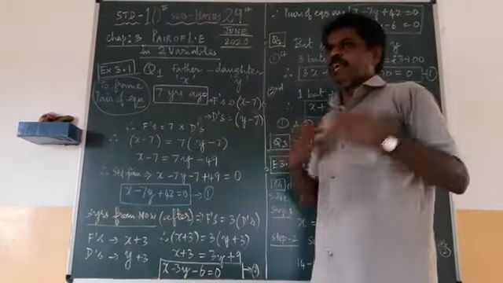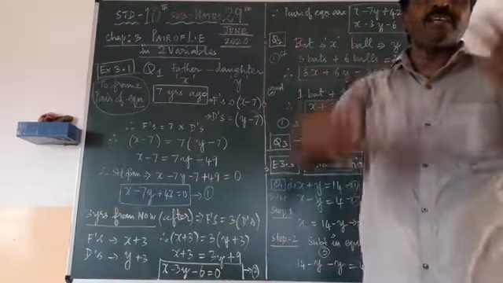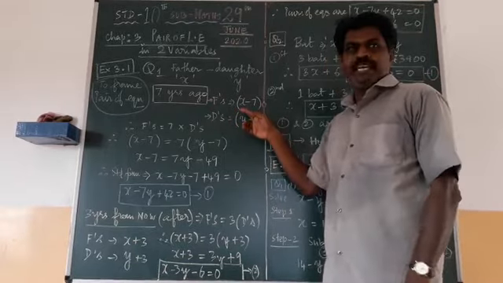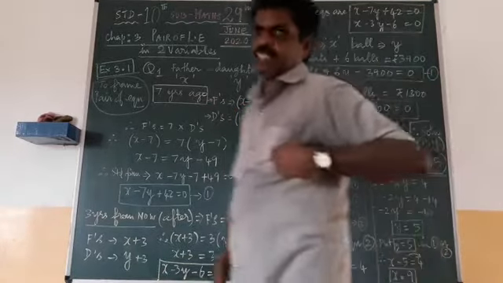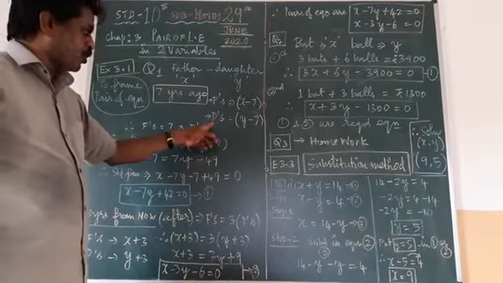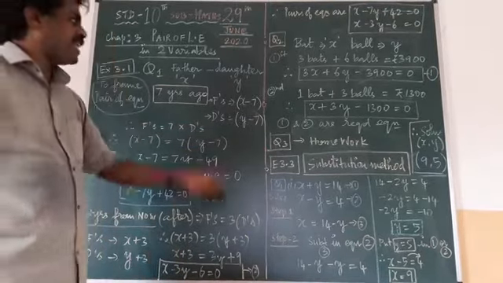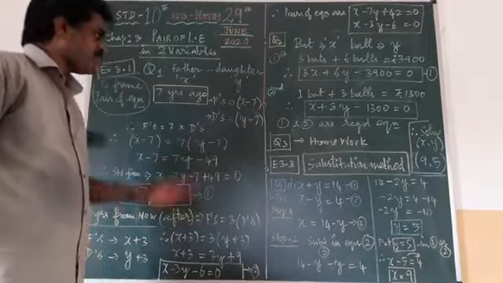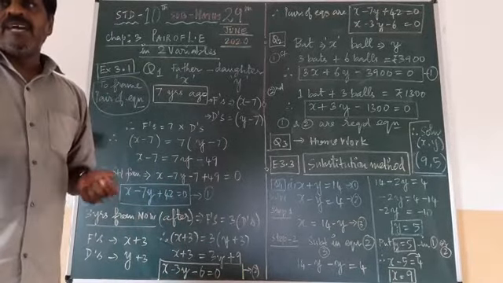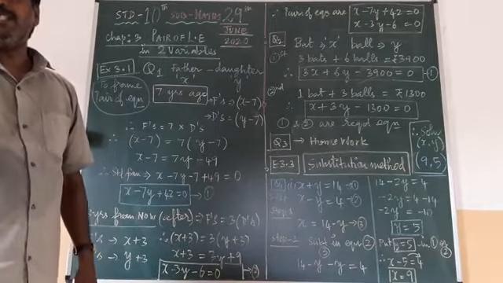So if my present age is 20, before 7 years what will be my age? 20 minus 7, 13. Same thing: father's age before 7 years, now it is X, so before means X minus 7. The same thing applies to the daughter also, Y minus 7. So both ages before 7 years: father is X minus 7, daughter is Y minus 7. And what is the father saying? Before 7 years, his age was 7 times his daughter's age.